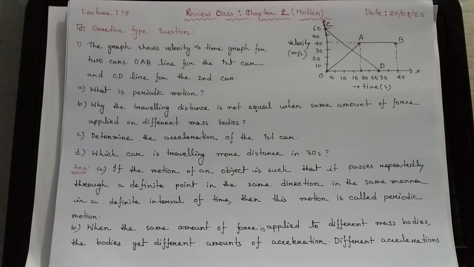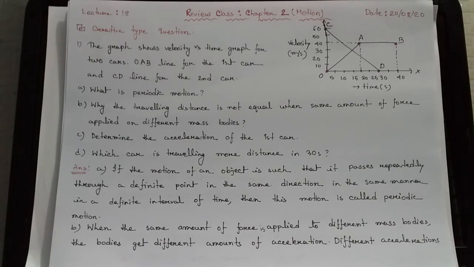As the masses are different, we know from our familiar equation F equals ma that for different masses, if we apply the same amount of force, the acceleration will be different. So when the same amount of force is applied to different mass bodies, the bodies get different amounts of acceleration,